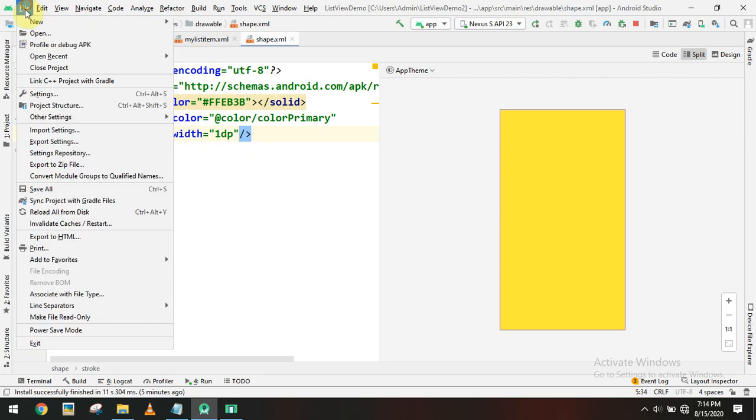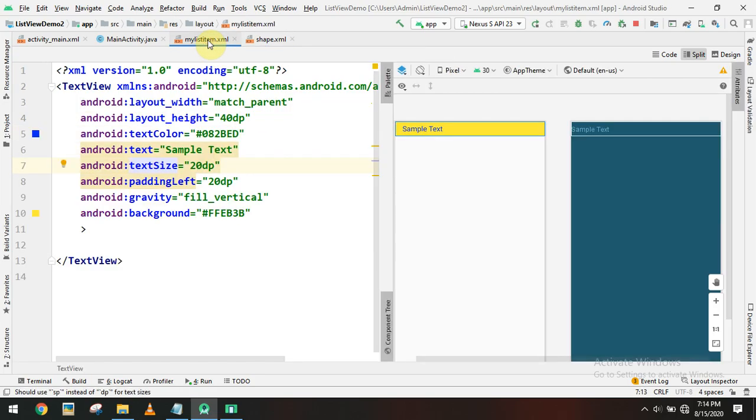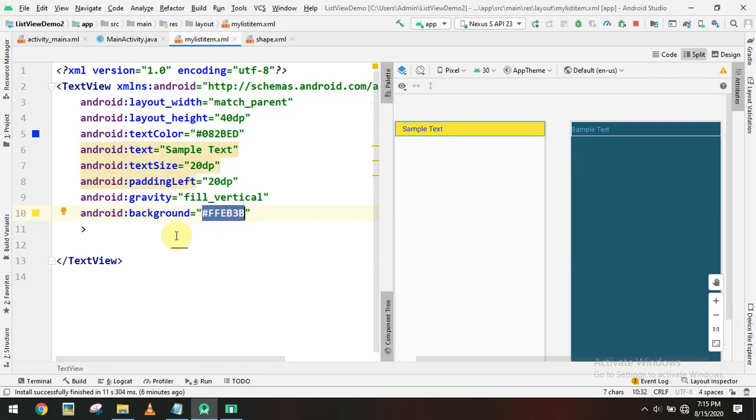So you have to save the shape.xml. Now come back to my list.xml. Just click my list.xml. Instead of the background color, we have to set our background design. We are changing based on this shape XML layout, so this shape XML layout we have to apply to the list item background.